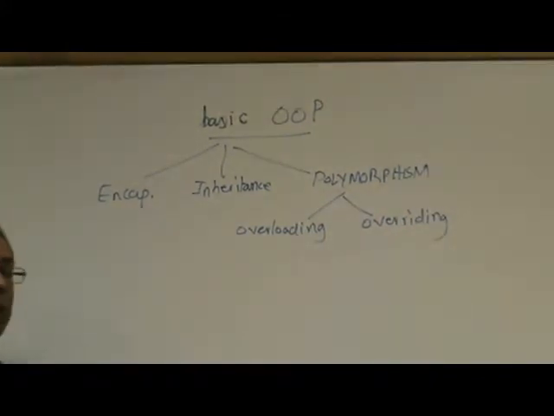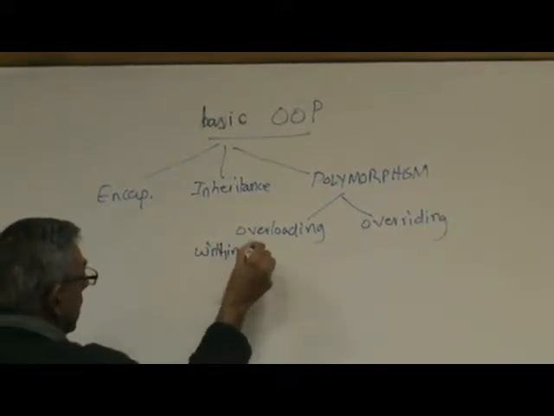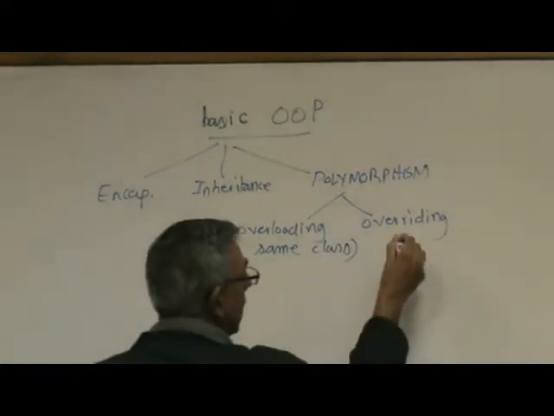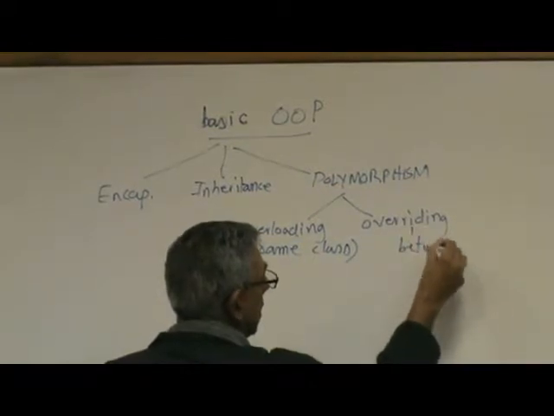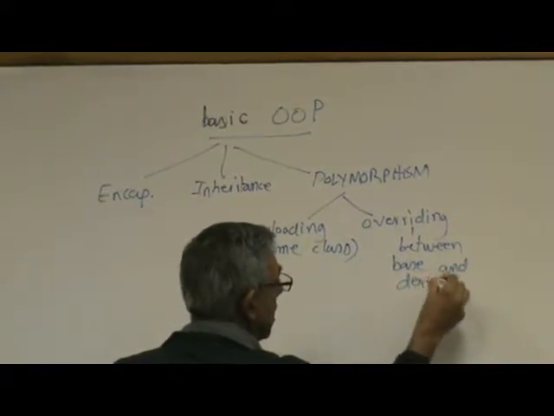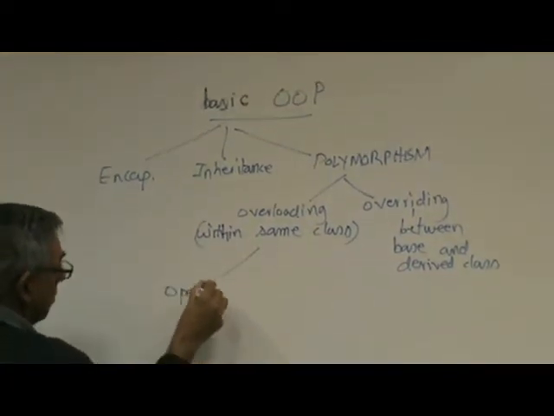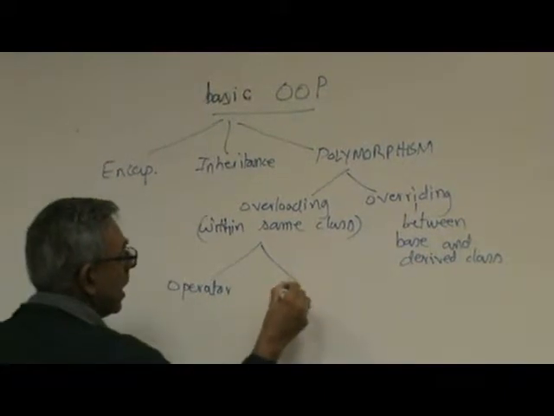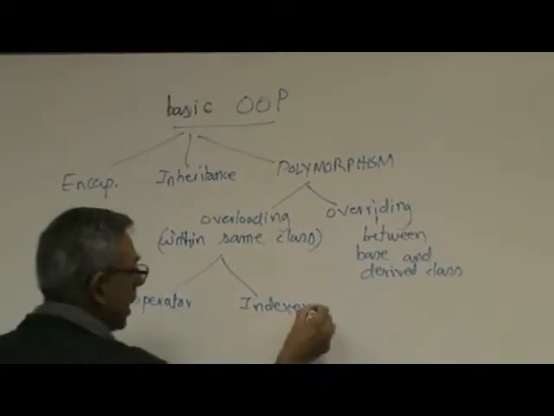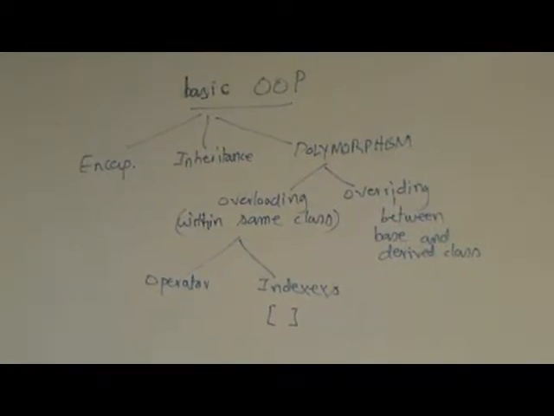right? Overloading is within the same class. Overriding is between base and derived class, correct? Okay, so then overloading further went into a subcategory, operator overloading, and once arrays or collections are involved, then we had the indexers, right? Okay, so anyway, after learning indexers,